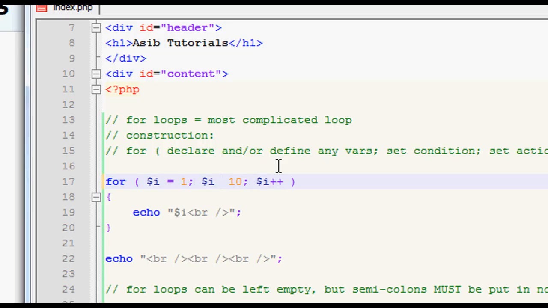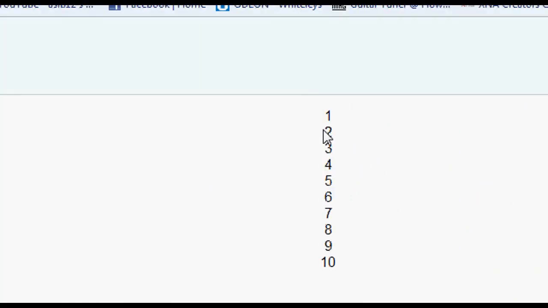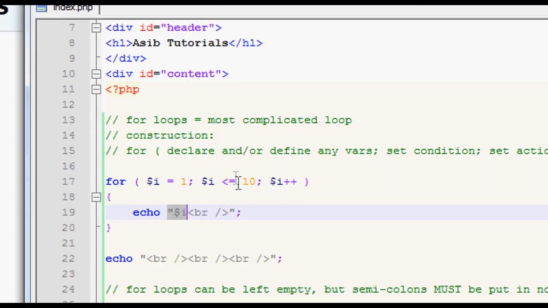While I is less than or equal to... Sorry, that's what we want. There, now we get 1, 2, 3, 4, 5, 6, 7, 8, 9, 10. Because I starts at 1, echoes out 1, after checking the condition, then it increments, and then we